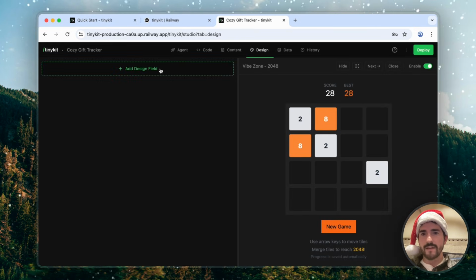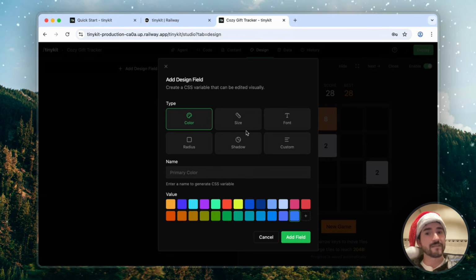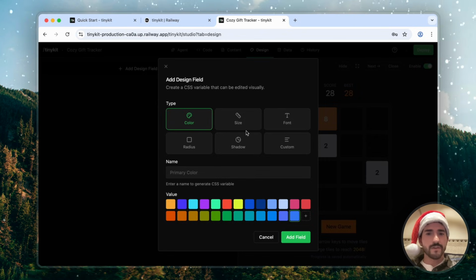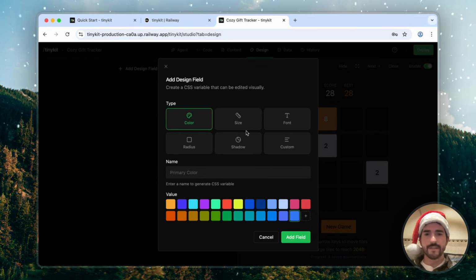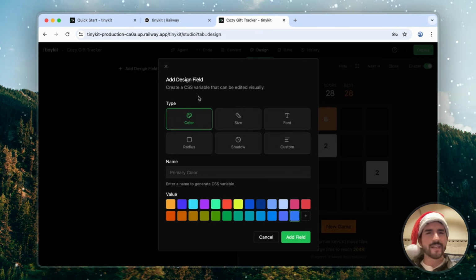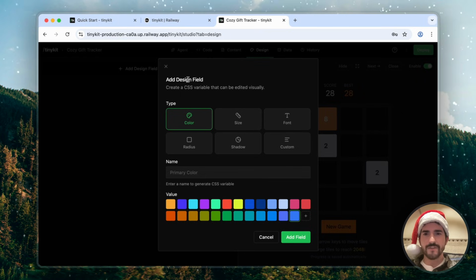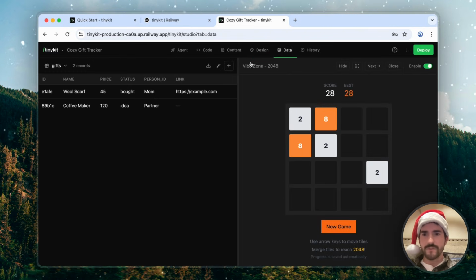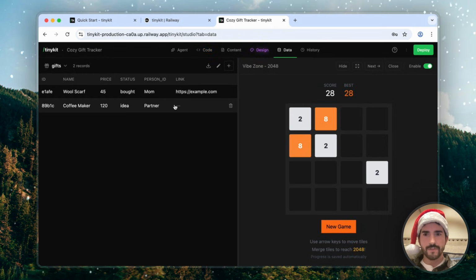And then we can also add design fields, so have kind of a design system to allow us, or somebody that we invite on our server, to modify these. So if you're using it in a business or whatever, you can have your designers or project managers or whoever go in and tweak those. And I showed you the data field, of course. Just makes it easy to